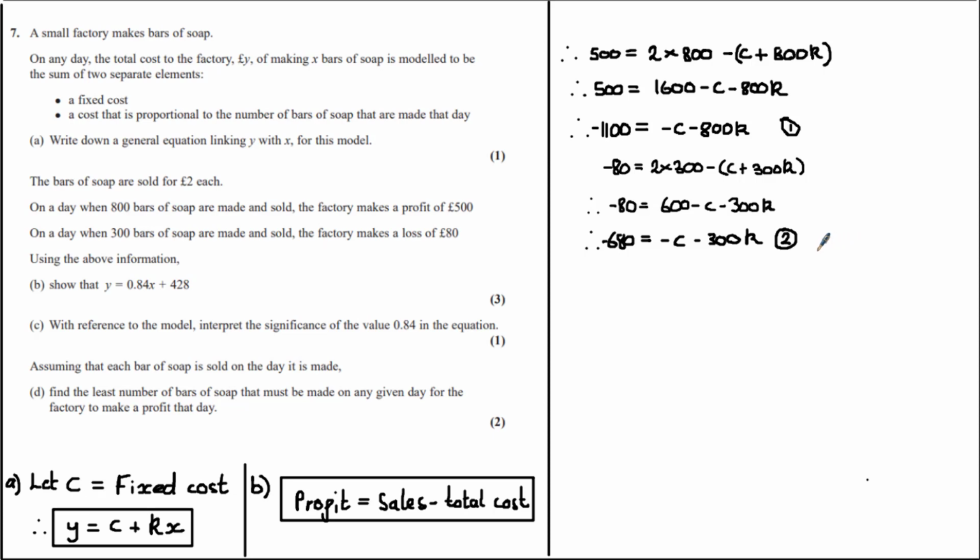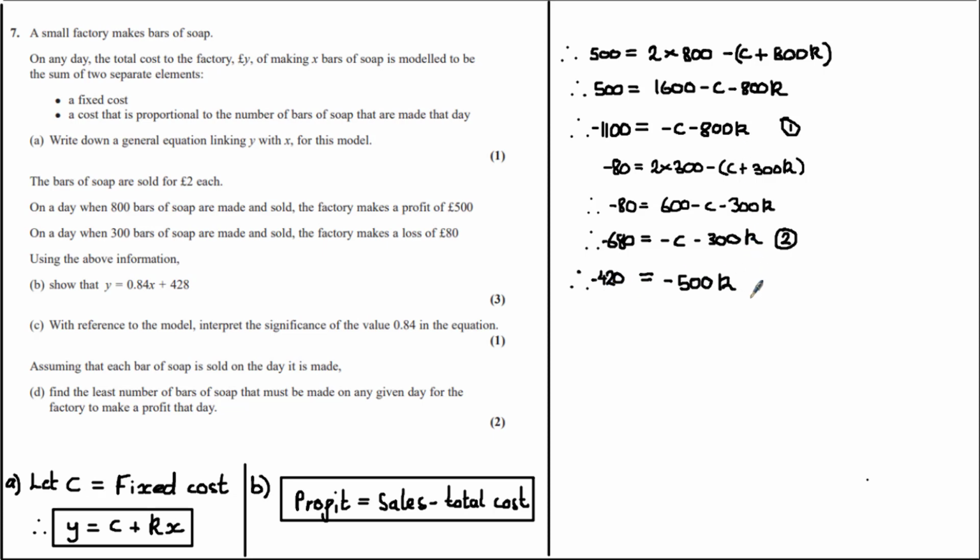this equation 2. So we now have two equations and two unknowns being C and K, which means that we can solve this. So I'm going to use a process of elimination to solve this equation, and I'm going to first of all eliminate the variable C by doing equation 1 minus equation 2, because that gives us minus C minus minus C, which is minus C plus C, which is equal to 0. So doing equation 1 minus 2, we get minus 420 is equal to minus 500k, and do check these calculations